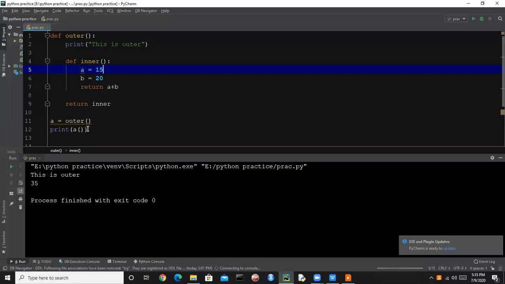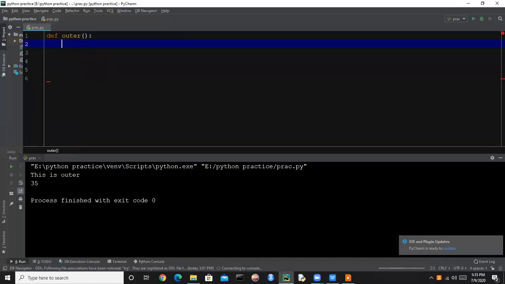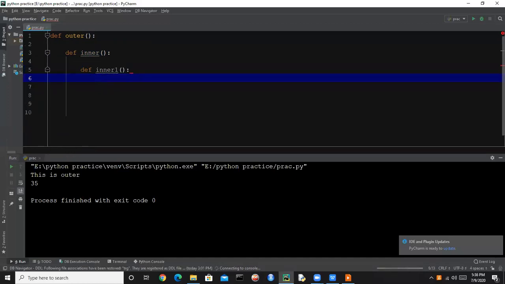If we take another example, let's say we have a function outer, and in that we have a function inner, and in that function we have another function inner 1. Now we are printing inner 1.